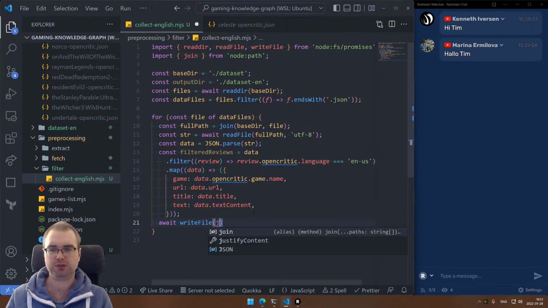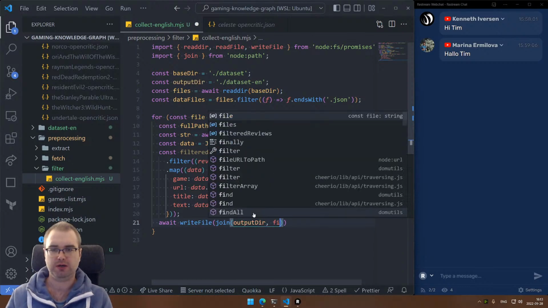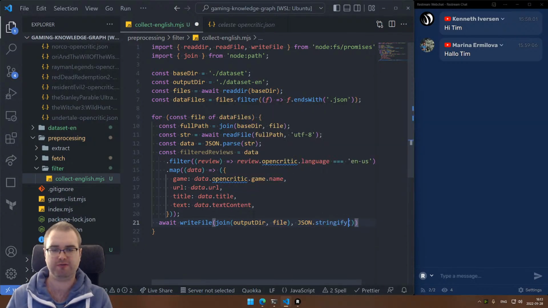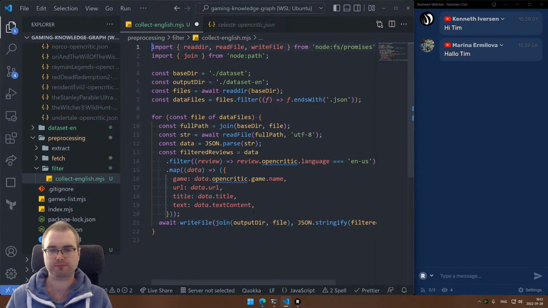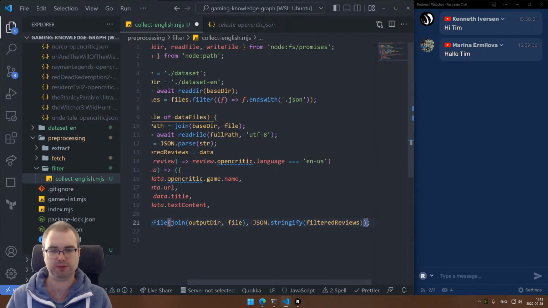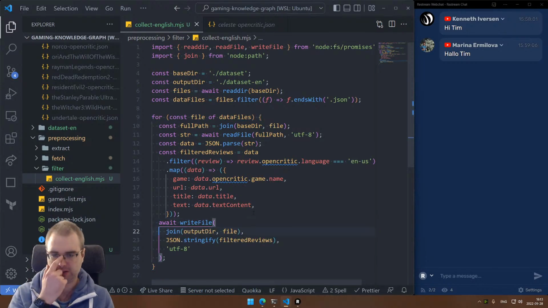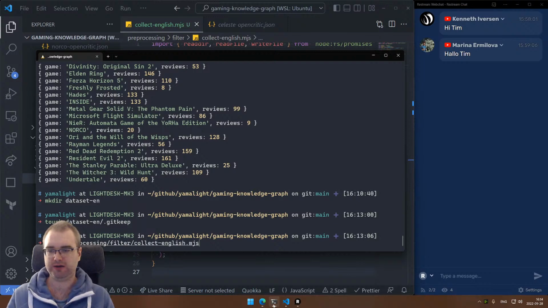Join output dir, file. Yeah, we're going to keep the same name because why not? And then it's going to be JSON stringify filtered reviews. And I should probably specify that this is UTF-8 so that we don't have to do the whole toString thing. Okay, so in theory, once I run it, we should have